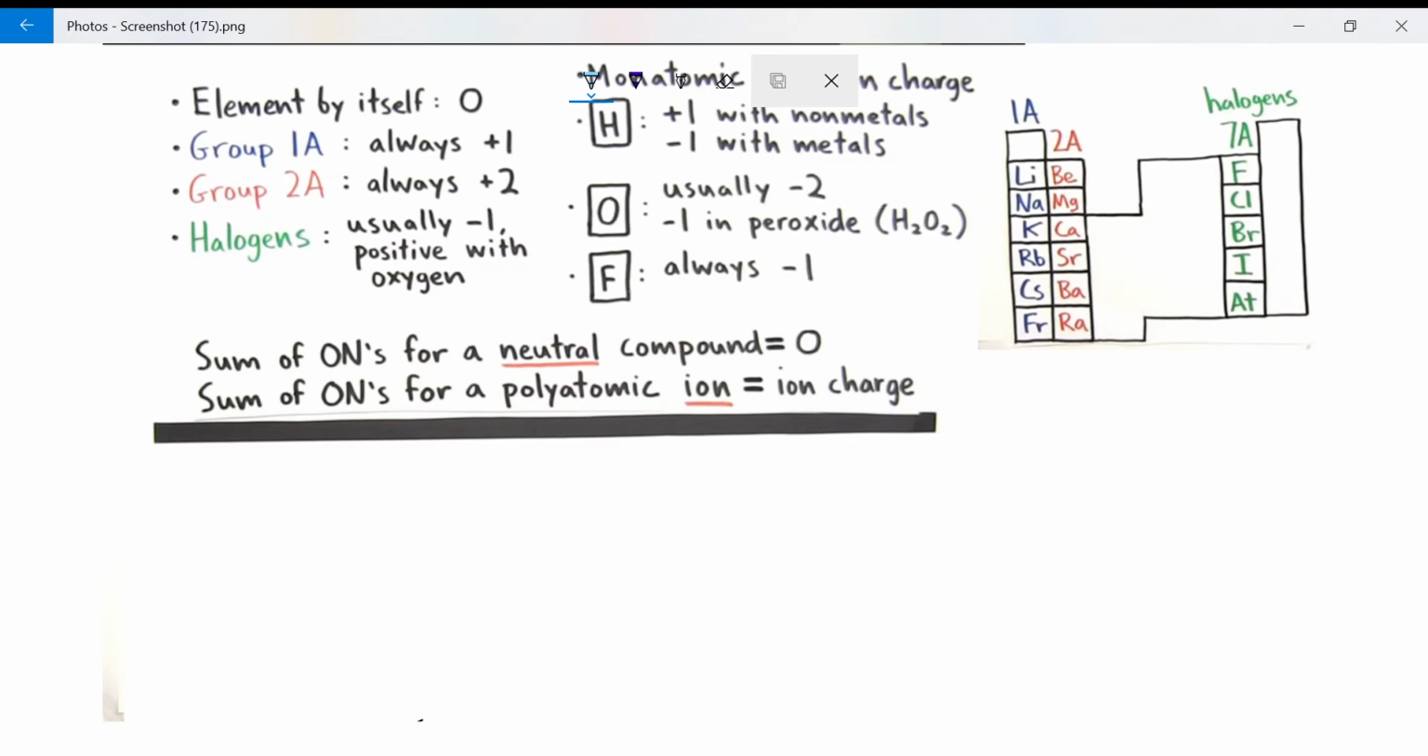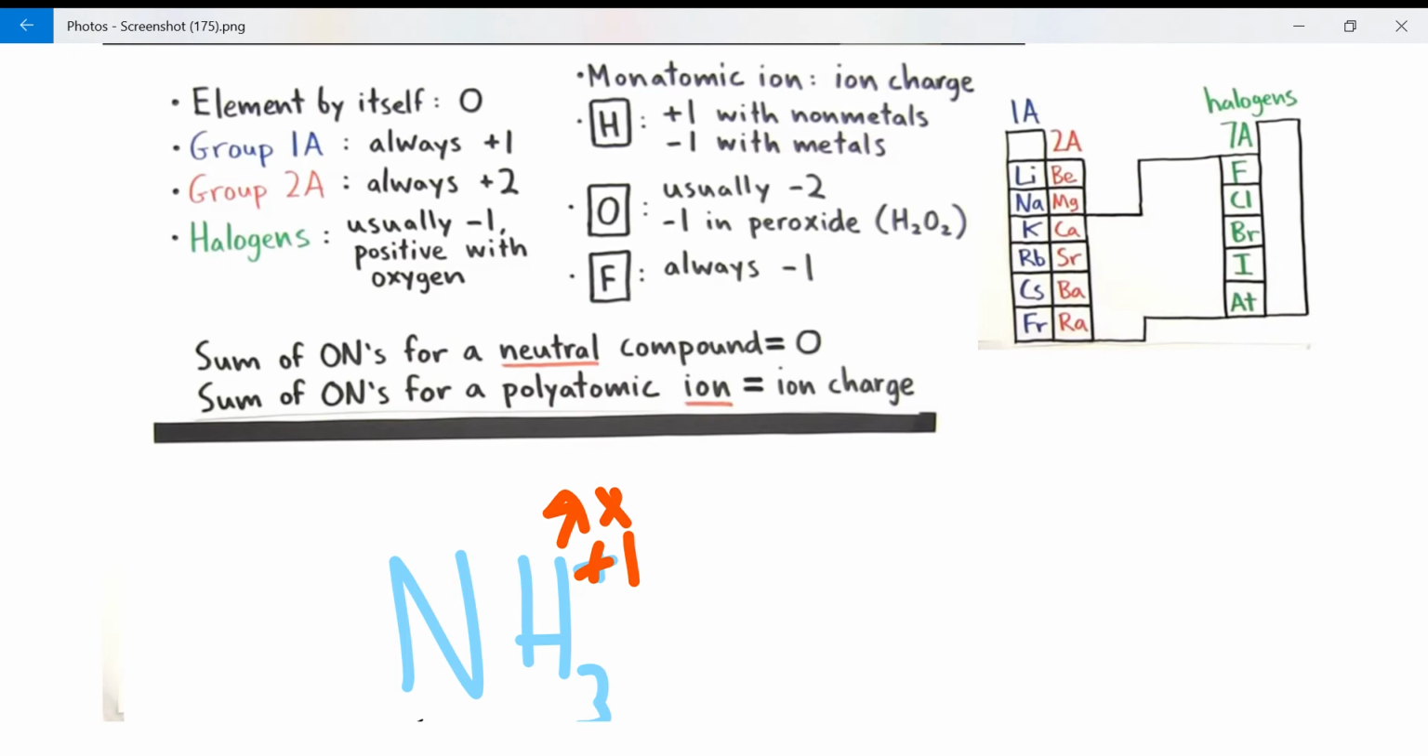Next example is NH3. The 3 was cut off, but you get what I'm talking about. We have nitrogen, but there's no rule for nitrogen. So what do we do now? We can look at hydrogen. Hydrogen is +1 with nonmetals and -1 with metals. Nitrogen is a nonmetal, so hydrogen would be +1. But there is a 3, so we have to multiply it by 3,